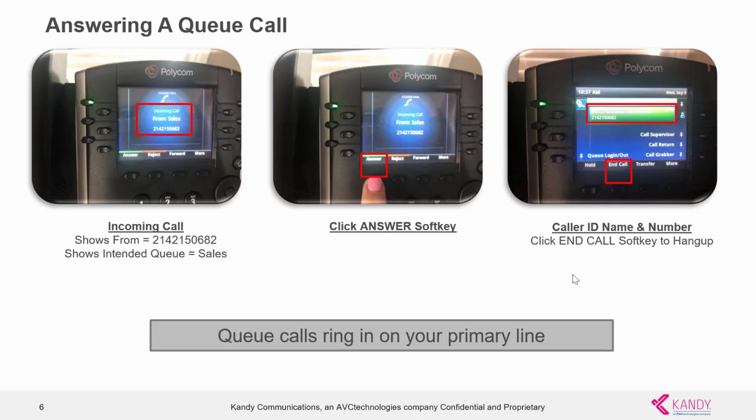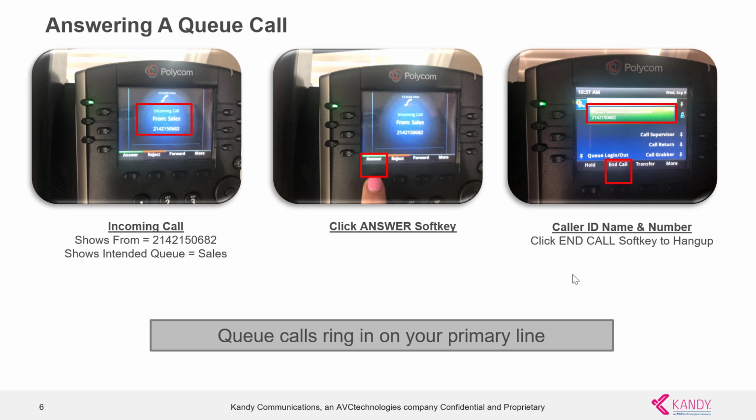Let's talk about answering a queue call. It's very important to know that queue calls will ring on your primary line of your phone. And in this example, I'm using a Polycom phone. When the call comes in, it will show the incoming caller ID of the person that is calling into the queue. It will also show you the from being the name of the queue that this call is being routed to. And for you to answer it,